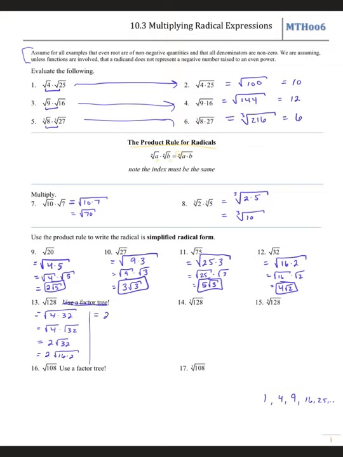And then I say, okay, I still have that 2 out front, and now I have times the square root of 16 times the square root of 2. Well, we know the square root of 16 is going to be a 4, times the square root of 2. 2 times 4 is 8 times the square root of 2. Again, if you're unsure, type this answer into your calculator, type the original into your calculator, and you should get the same thing. Go ahead, pause the video, and I want you to try number 16 here,